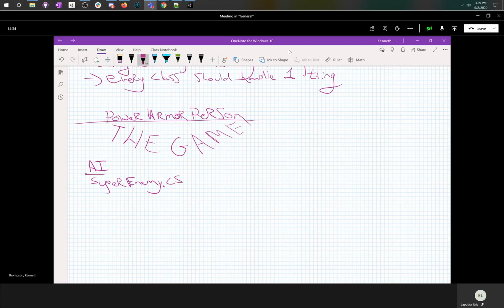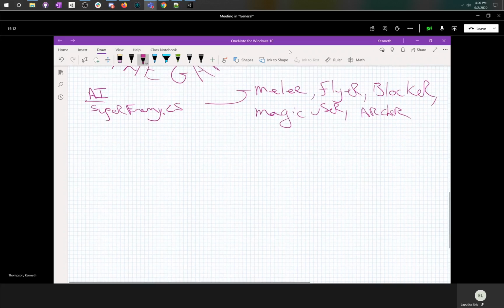In superenemy.cs, we have all our character types. We have a melee character, a flyer, a blocker, a magic user, and an archer. So we have 5 different kinds of AI. They all behave very differently from each other. And our original code is called superenemy.cs, and if you were to zoom way, way out, it might look something like this,